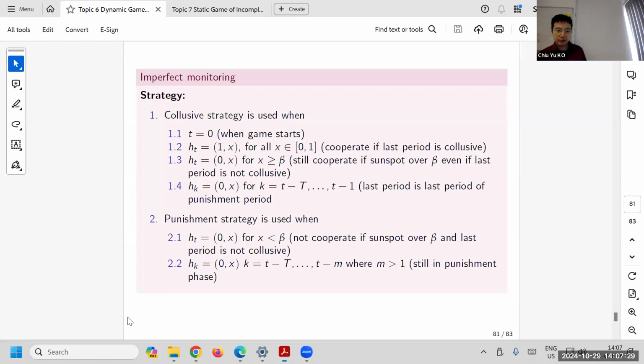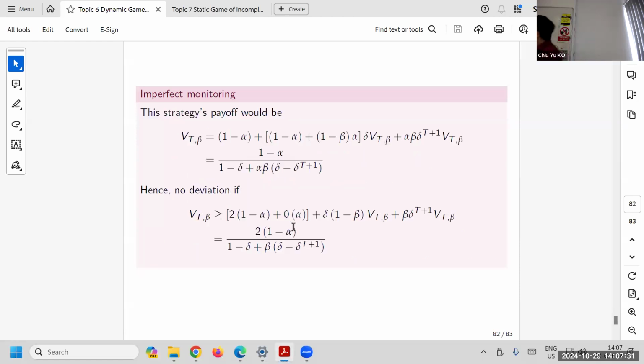So that means when I deviate, I will grab the whole market for sure, right? Because I charge the price slightly below 1, like 1 minus epsilon. This is the whole thing you grab. And of course, if it's a bad time, there's no difference. But the other guy for sure will have 0 profit no matter what.